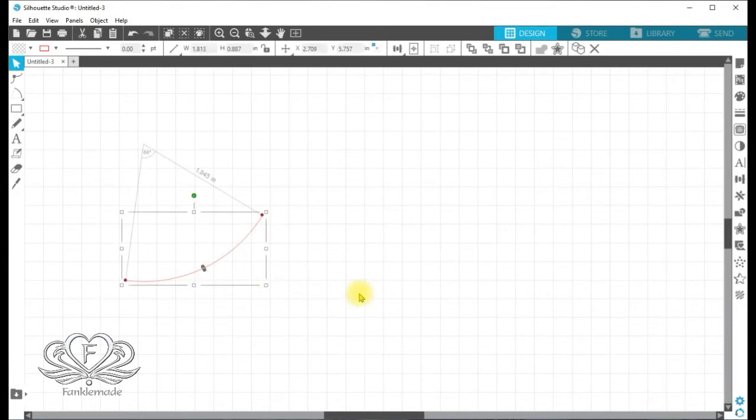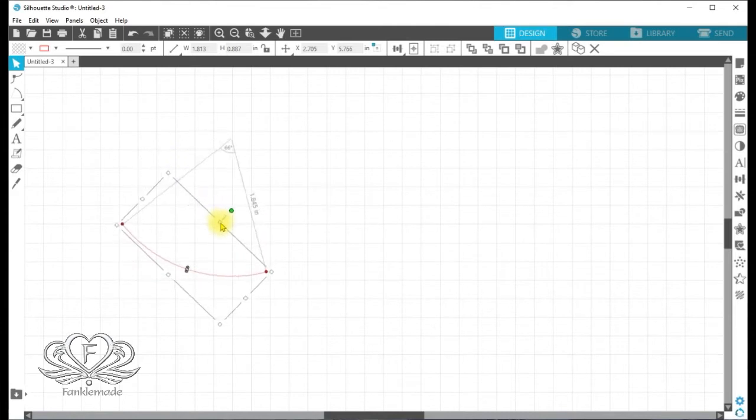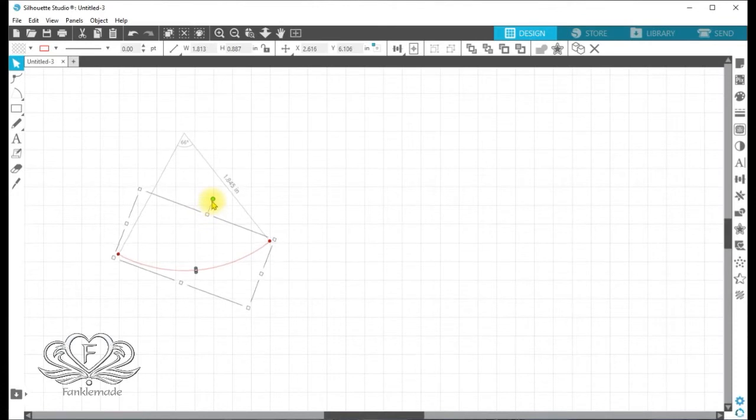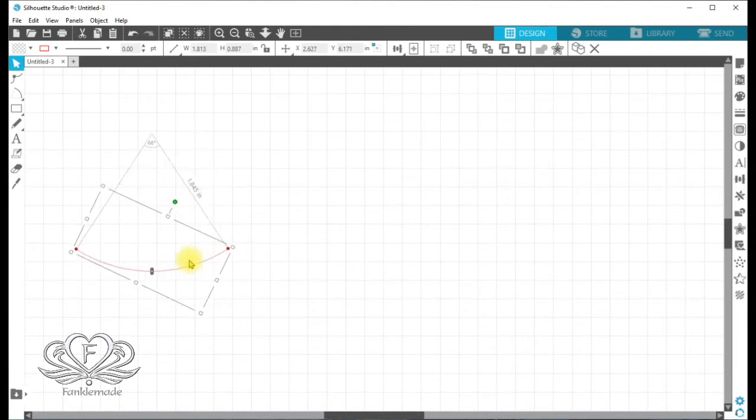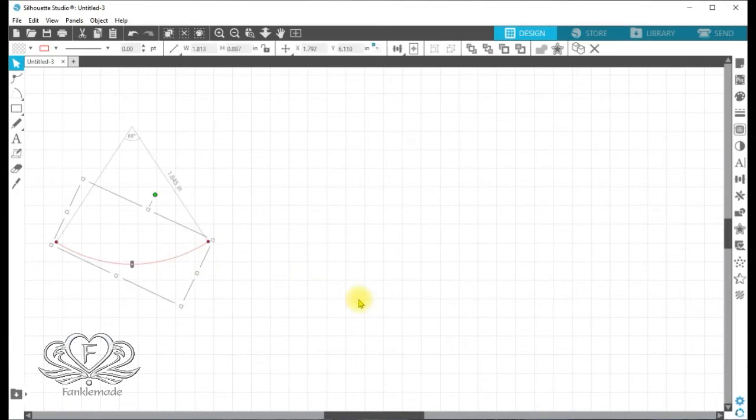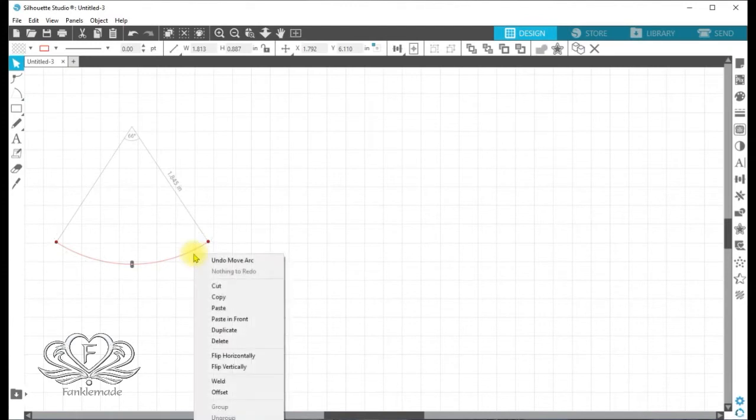If you want to swivel the arc around, you select it again, and there's a green little handle here, and you can move it around. That's quite easy to do, but what I've had difficulty in doing is making it level. That doesn't look too bad, but in previous exercises I struggled with that. So I've come up with a solution to deal with that. Let's delete this one for a moment